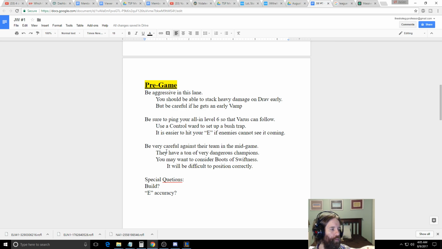So that's one big glaring weakness of Draven, is it's telegraphed where he's going to go if he wants to catch his axes. And of course he does. So it makes it very easy to predict where he's going to go, and it makes it easy for you to hit your skill shots on him. So definitely try to damage him early. Once he gets the Vamp Scepter, it changes around a little bit. You want to make sure that